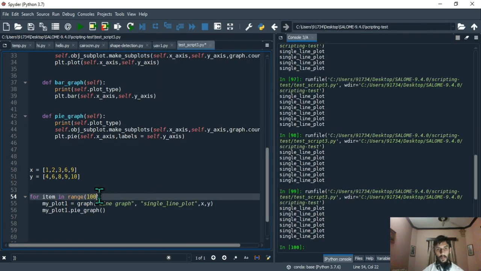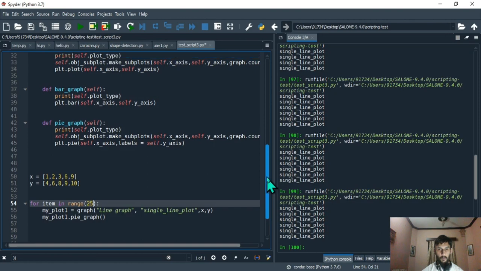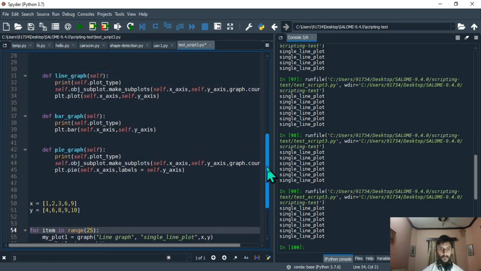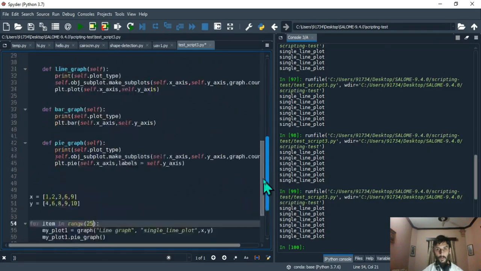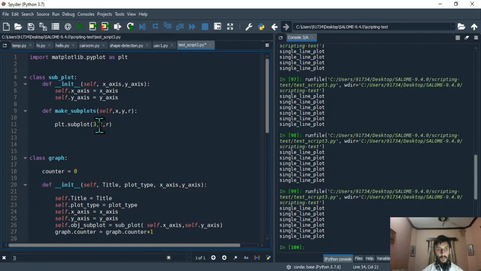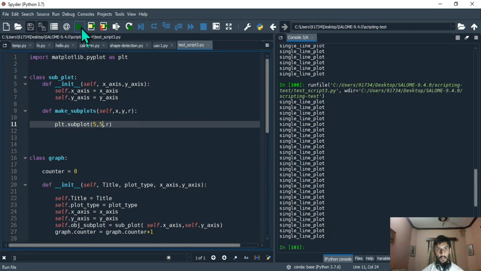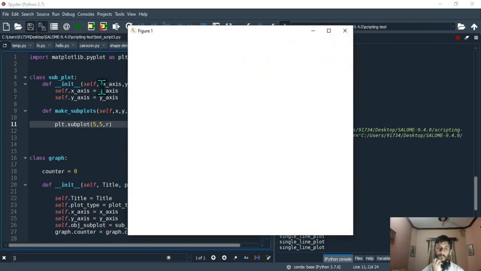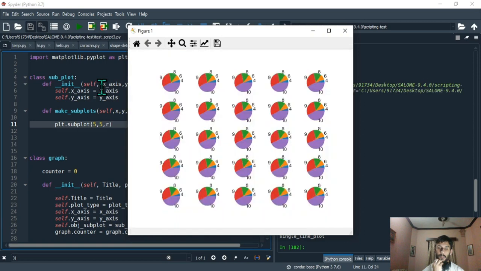Let me just try and show you the power. Let's suppose we are plotting, I don't know, around 25 images maybe. You won't really have to do that, but sometimes when you're doing optimization and all, you might want to do that. Well, when you have 25 figures, all you need to do is have them evenly distributed. So you have 5 by 5, and now you save it, and now you have to do that. You see, so 25 subplots. That's the power of scripting.